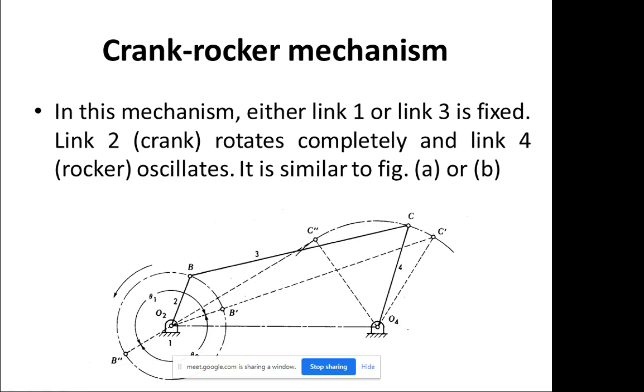For this, you should first learn how to design the linkages. If you want to change the alteration, you can change the dimension of the link. If you reduce the link size, this becomes enlarged, and automatically the swept area will be different. So like this you can change the parameters. According to your application, you can change the dimensions of the links. So this is the type of crank rocker mechanism.